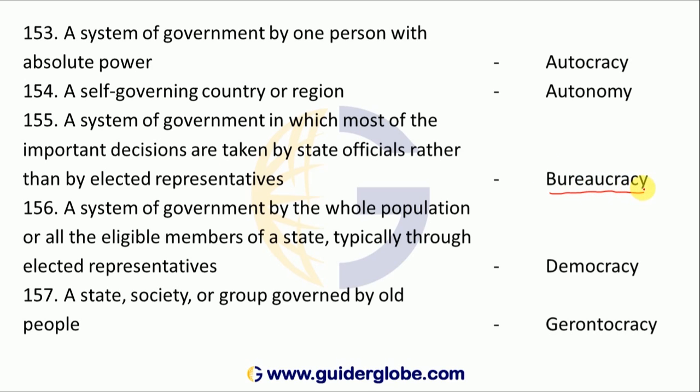BUREAUCRACY. A system of government by the whole population or all the eligible members of a state, typically through elected representatives, just like India, that is ruled by people of India, that is our representatives are ruling the country, that is called democracy. DEMOCRACY. A state, society or group governed by old people,